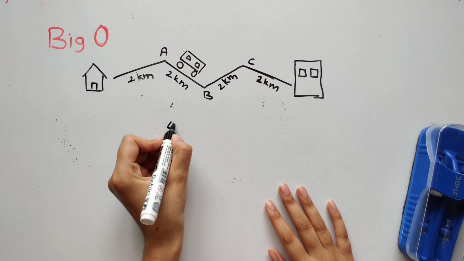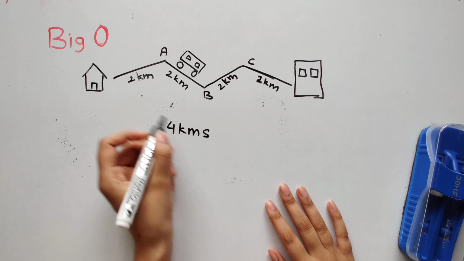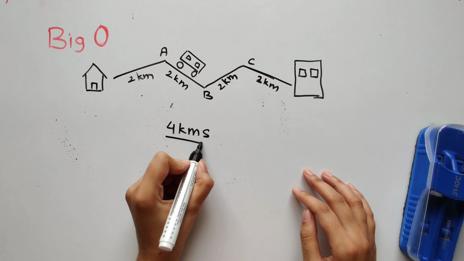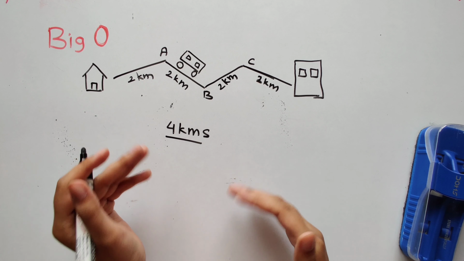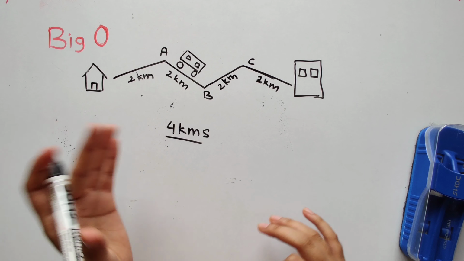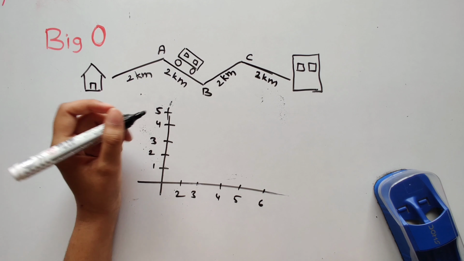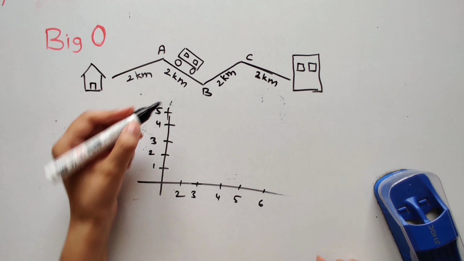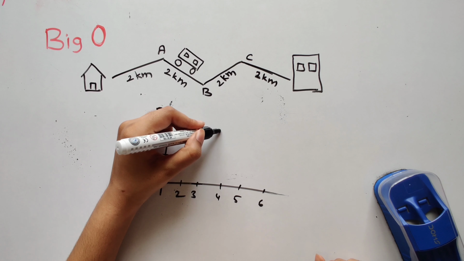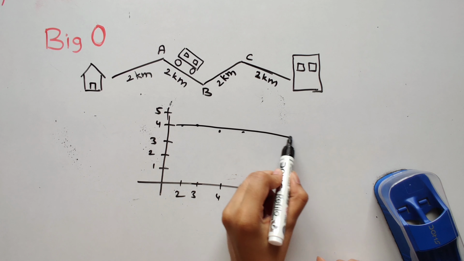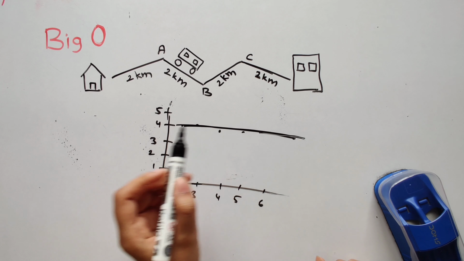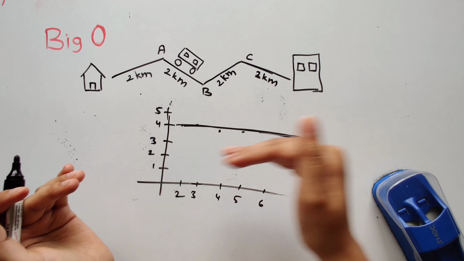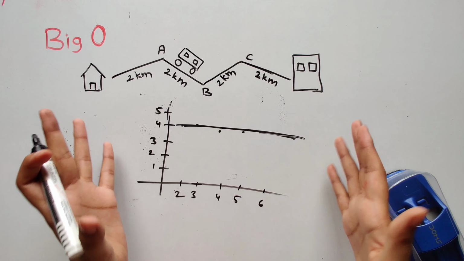Okay. So that means he's always going to travel 4 kilometers, right? 2 stops, 4 kilometers, no matter the input. Therefore, your output does not depend on the input and stays constant. That's when you say that the time complexity of your algorithm is constant. Therefore, if I plot a graph of the distance traveled by your friend, depending on how many stops there are, it always happens to be 4, right? So this is how your graph is going to look. It's a flat line. You see that if it was tilted, that means it was varying with the input, but it's not, it's just constant. So this is how the graph of constant time looks.